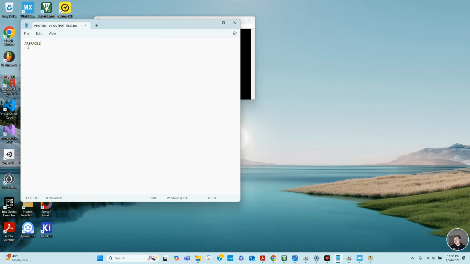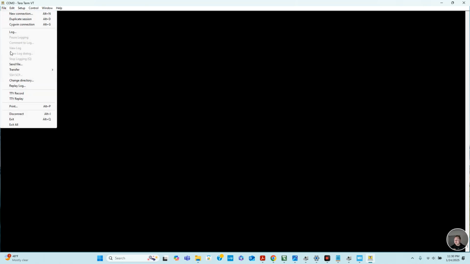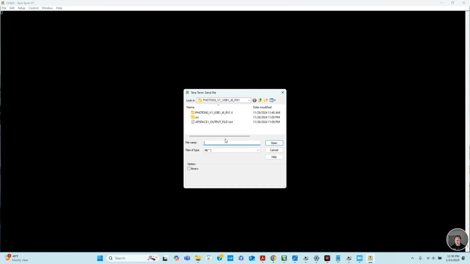And then we can type the string AP Space into there. Then we can save the file. So we created a file named Photon1 v1 output file 1, and then we have the data AP Space 1 in the file, and then nothing's happening. How do we initiate the loop? We go to File, Send File,